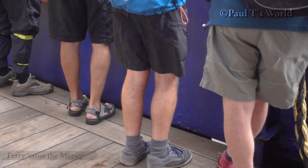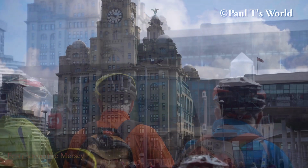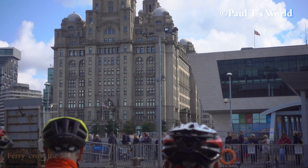the Beatles. We ask cyclists to alight after all foot passengers have left the vessel, and could all school parties please make themselves known to a member of the deck